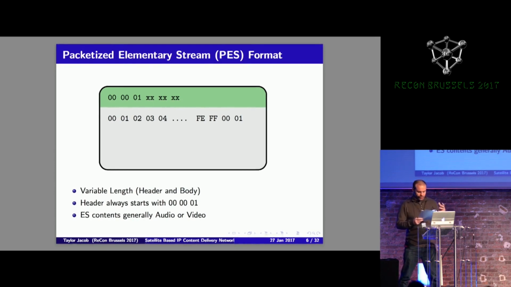PES is the format that defines how the elementary stream data, which is generally audio or video, is carried in a transport stream. The elementary stream is packetized in a sequential order, and the PES packets are sent on the PID. The format of the video or audio codec isn't defined, and it typically is changed over time. Historically, the video would have been MPEG-2, now it's H.264, and it's migrating to HEVC. And the important part that you need to know about this is that a packetized elementary stream always starts with that 001 sequence